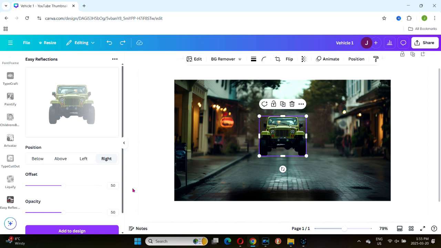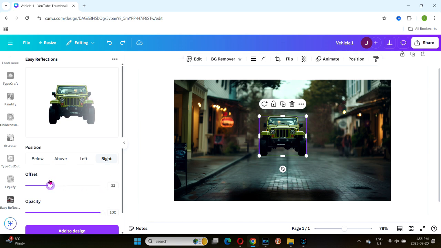The offset slider controls the gradient. Moving the slider from 1 to 100 adjusts how the gradient moves across the image. The opacity slider determines the strength of the reflection. At 1, there is no image at all, while at 100, you'll get a full mirror image. If you set the opacity to 100 and adjust the offset slider, you'll get a better visual of how the